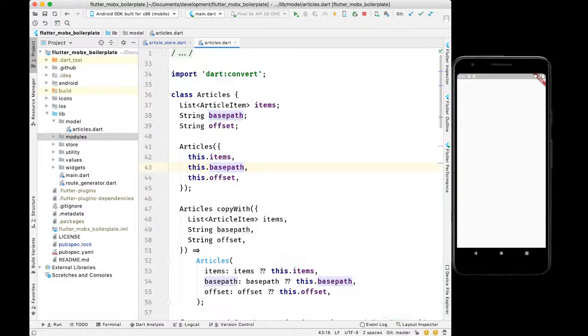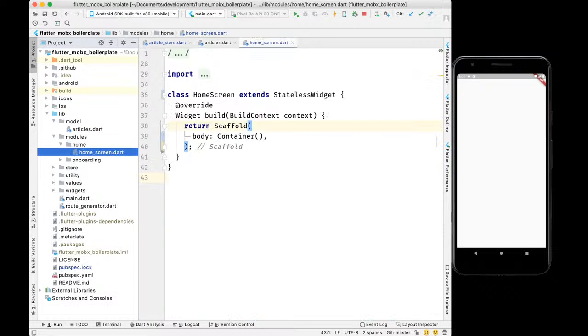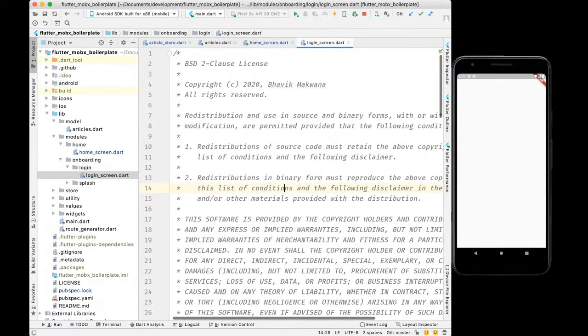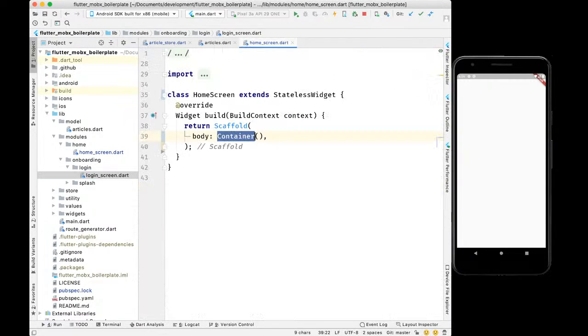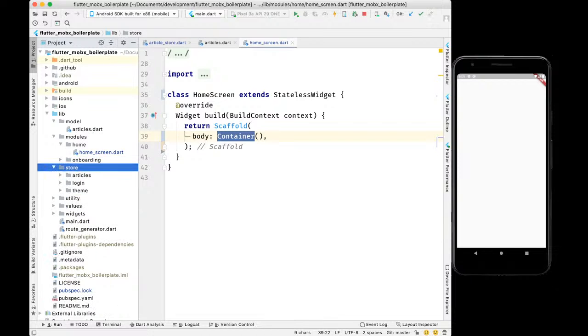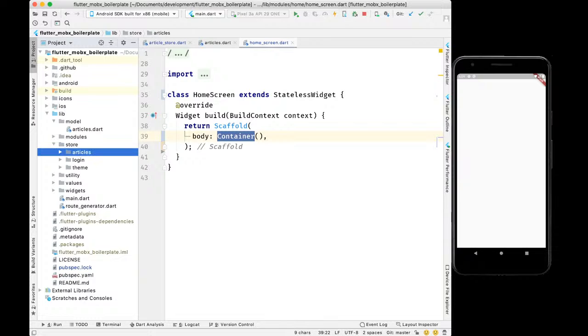Here are the modules. You can see a screens package that has a home module that currently does nothing. It has only a container. The onboarding module has a login and splash. If you want to see how you can implement login using MobX, you can check it out. I have a store class available separately. If you want to put it inside your feature, like inside your login, you can do so. I'm currently dividing it into a separate package called store, and dividing that again feature-wise, login and articles